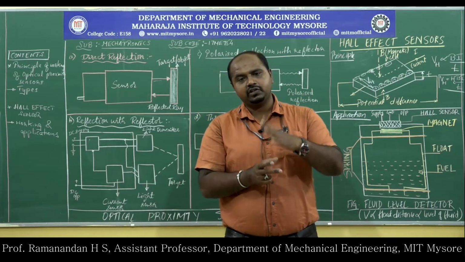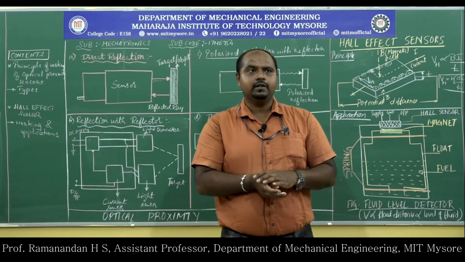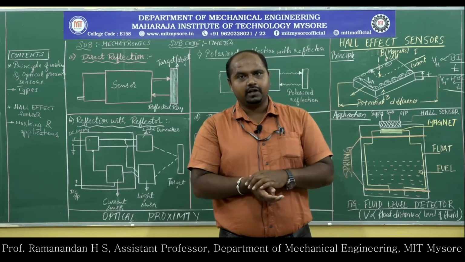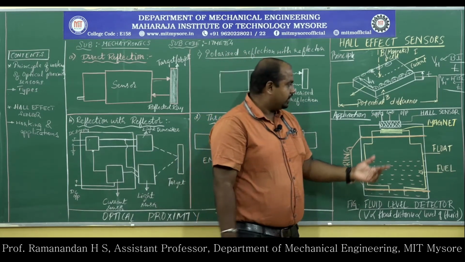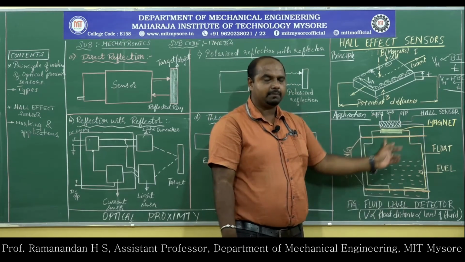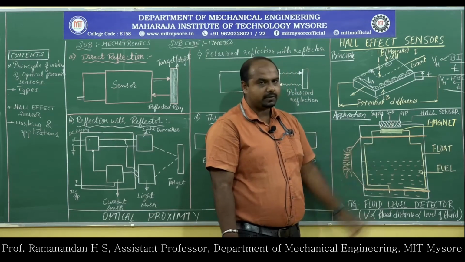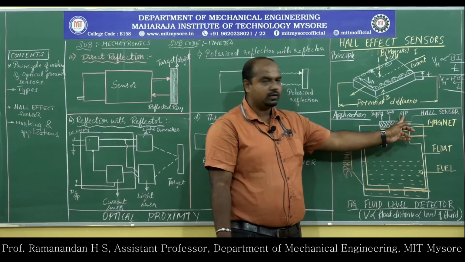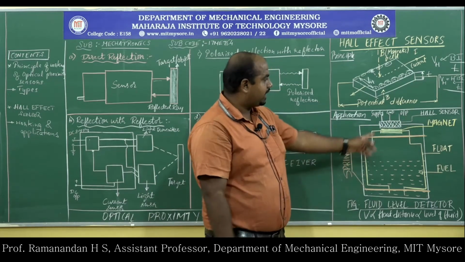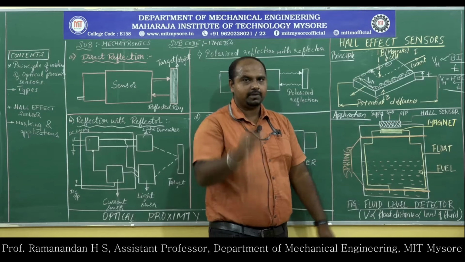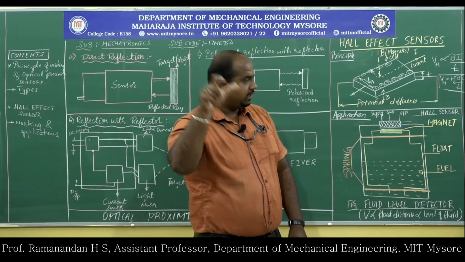So in mechanical engineering we usually detect the fluid level inside the fuel tank. Previously it was detected analogously. Sensory objects are considered too precise. Nowadays you can see the small schematic representation of a fluid level detector. It has electrical components like supply, ground, and output. With the help of the battery, we are supplying the current, and the output is measured and displayed in the display dashboard of your automobile.